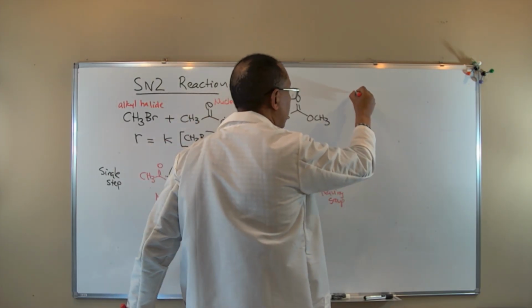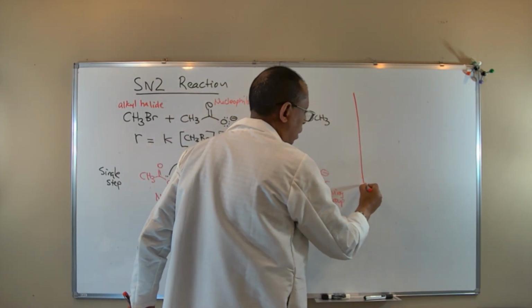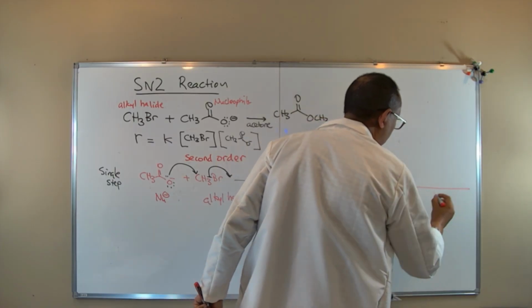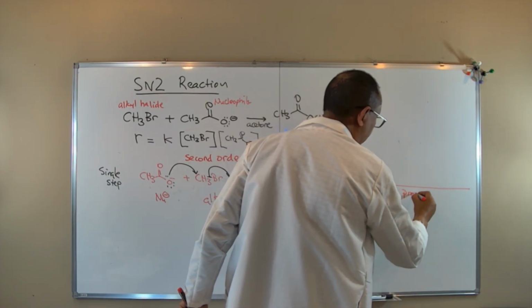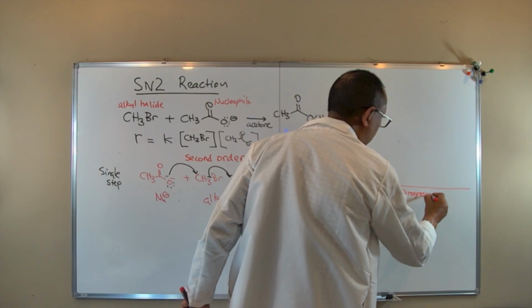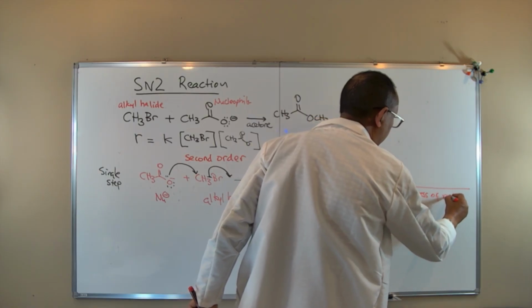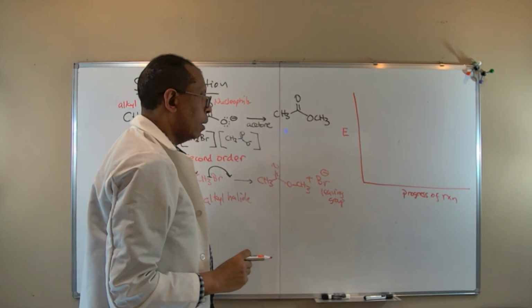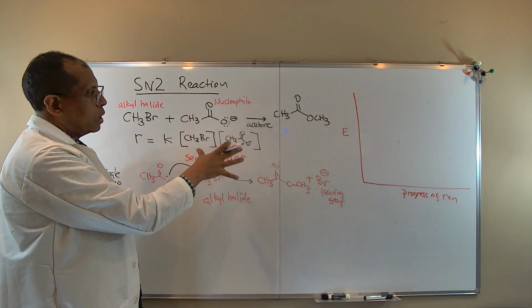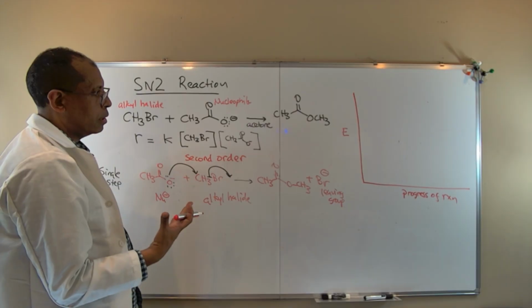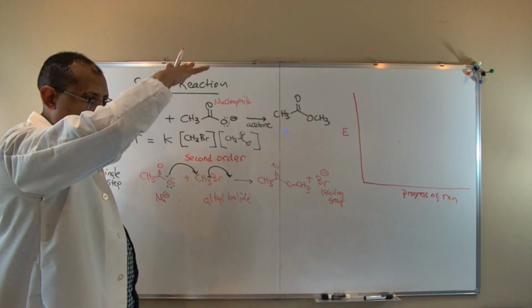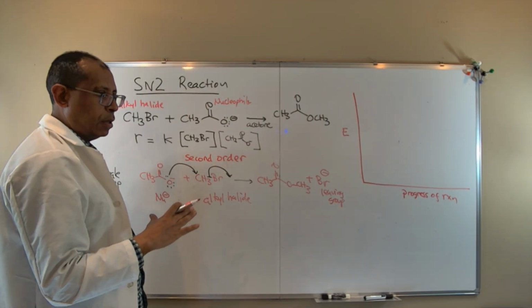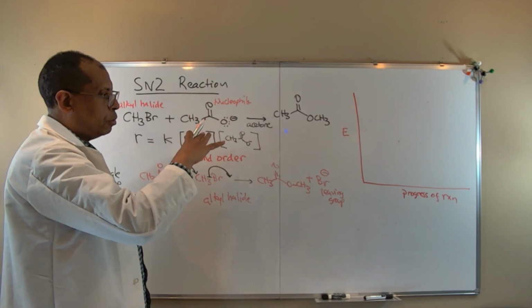So the energy diagram looks like, so this is the progress of the reaction on the x-axis, and this is energy. So for an SN2 reaction as a single step, remember you should only have one curve, not two